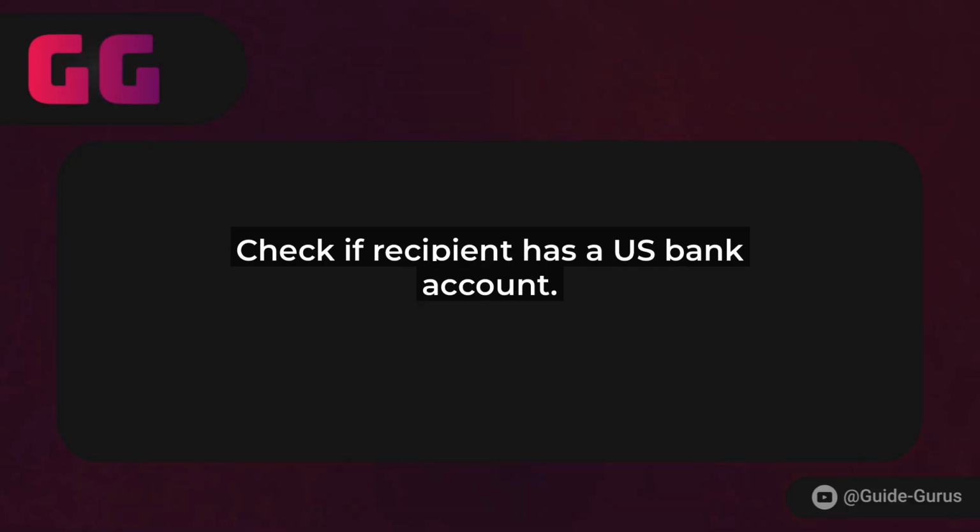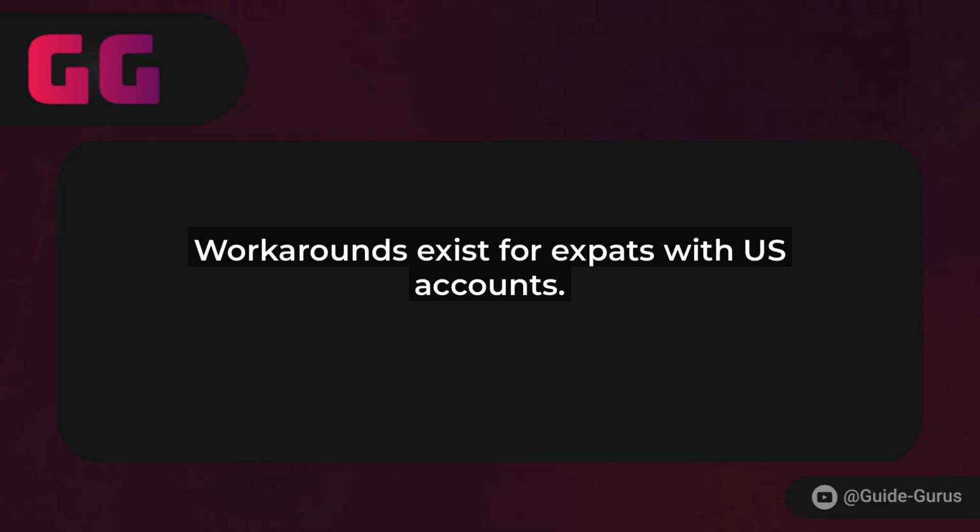If the person you're sending money to has a U.S. bank account, even if they're abroad, you could still use Zelle as long as their account is enrolled. For example, if they're an expat with a US-based account, that could work. However, if their bank isn't partnered with Zelle or they're in a different country, you're out of luck. Always double-check with your bank to confirm any limitations.